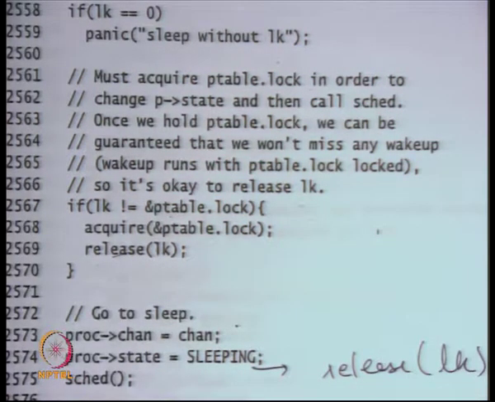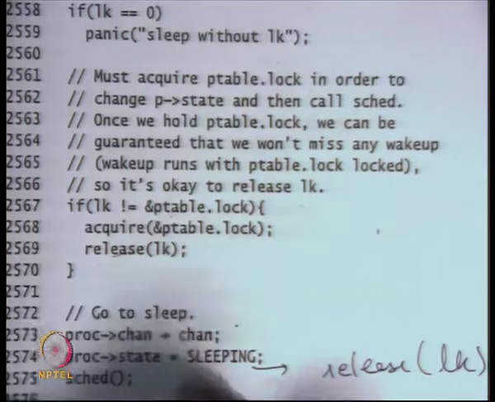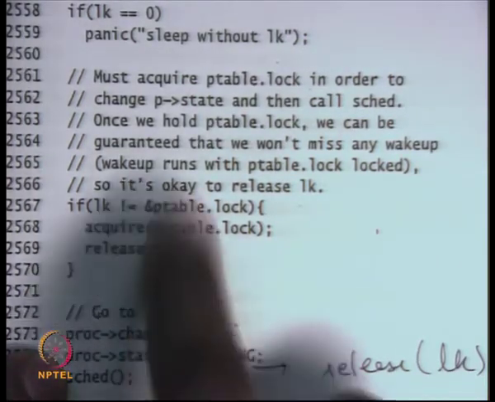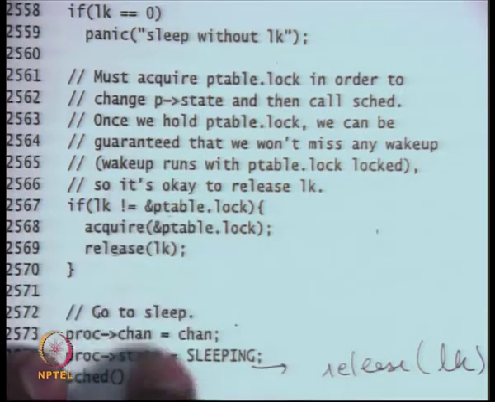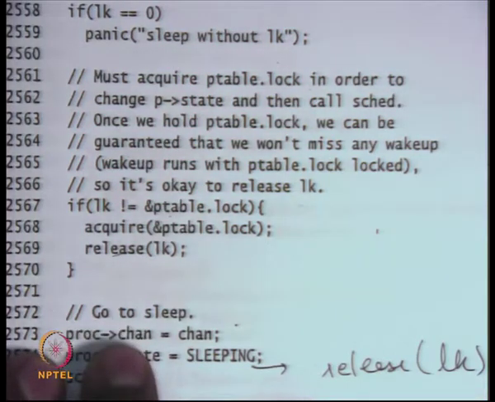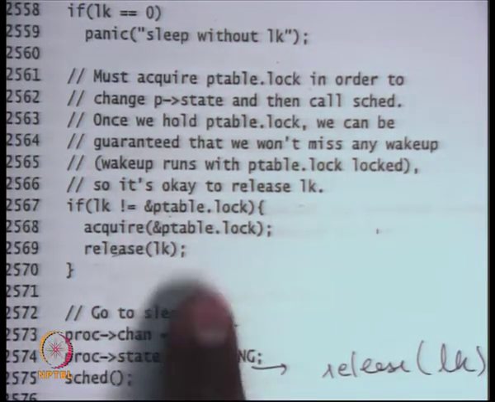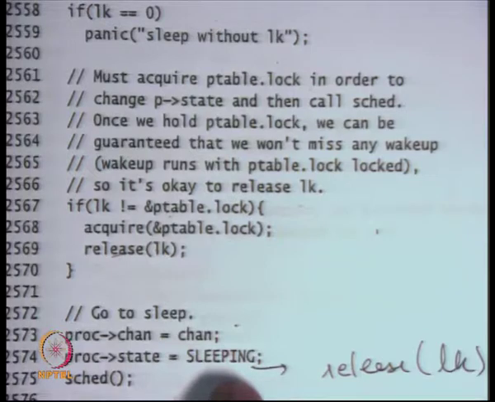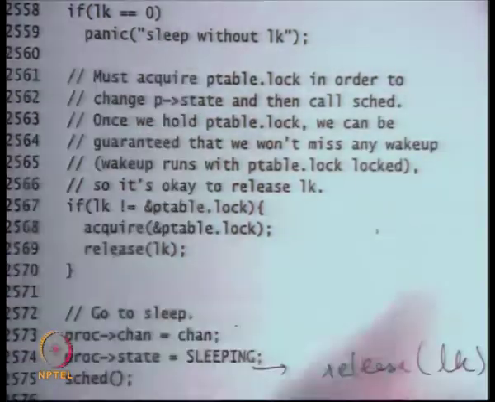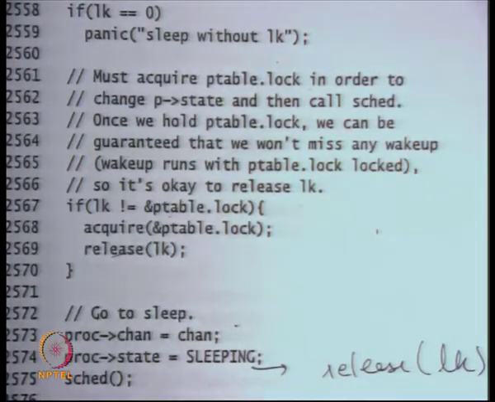So this area is mutually exclusive because of p table lock, right? Because all you're doing is accessing the proc structure, and assuming that you hold the invariant that whenever you touch the proc structure you'll hold the p table lock, this area is anyways protected from race conditions. So you don't really need to hold the lock for all that long. You could have held it, but it's also okay to just release it a priori, right?